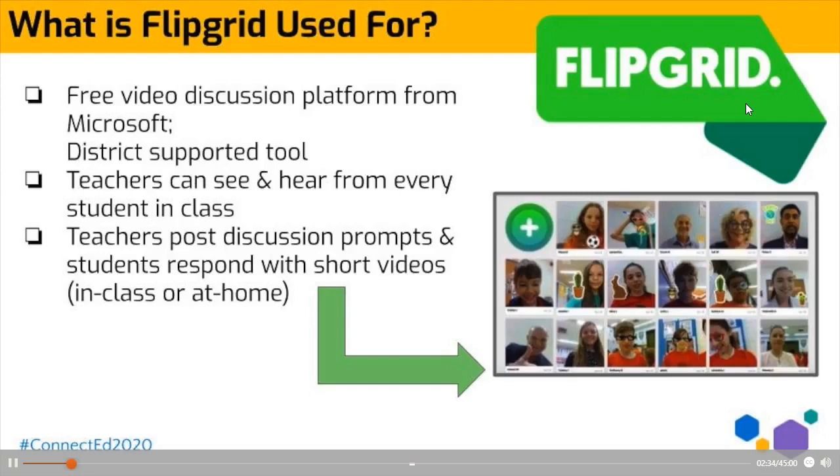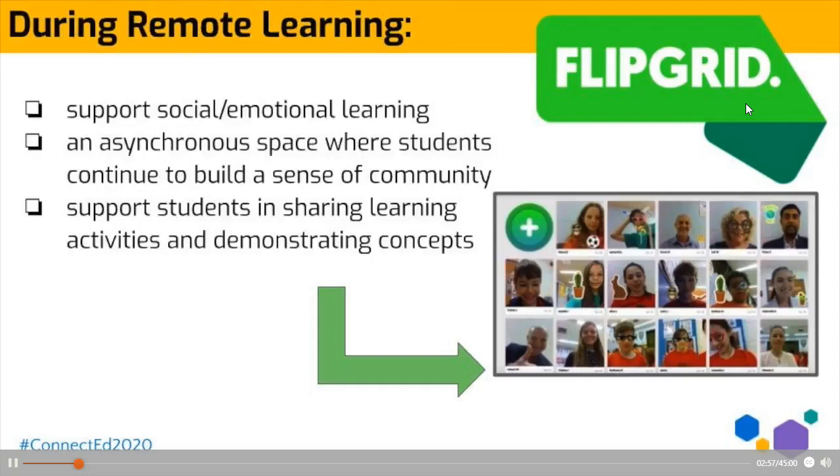So what is Flipgrid used for? Well, cards on the table. Nothing replicates or replaces our in-person, real-time interactions with our class community learning and making connections. We need to, however, continue to find ways to support students in identifying their feelings and understand how their emotions can affect their well-being. Many of our students are committed to engage in and continue their learning journey, but they're definitely feeling a sense of discomfort as a result of the pandemic disruption.